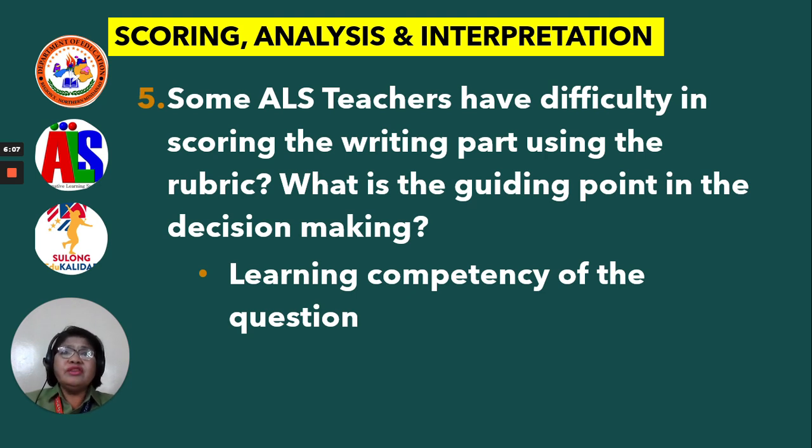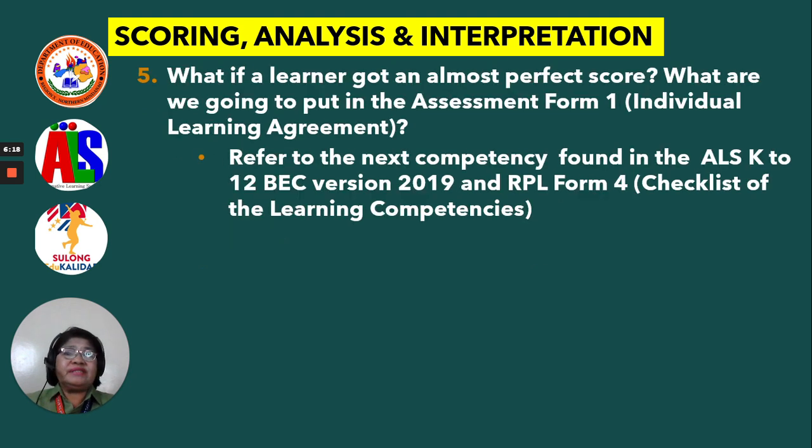What if a learner got an almost perfect score? What are we going to put in the assessment form? 1. That is individual learning agreement. Refer to the next competency found in ALS K-12 Basic Education Curriculum version 2019, an RPL form that is checklist of learning competences, or